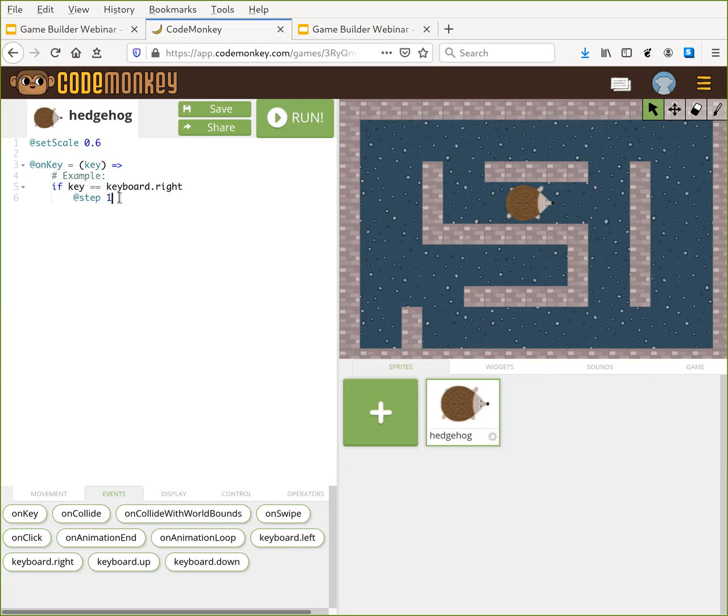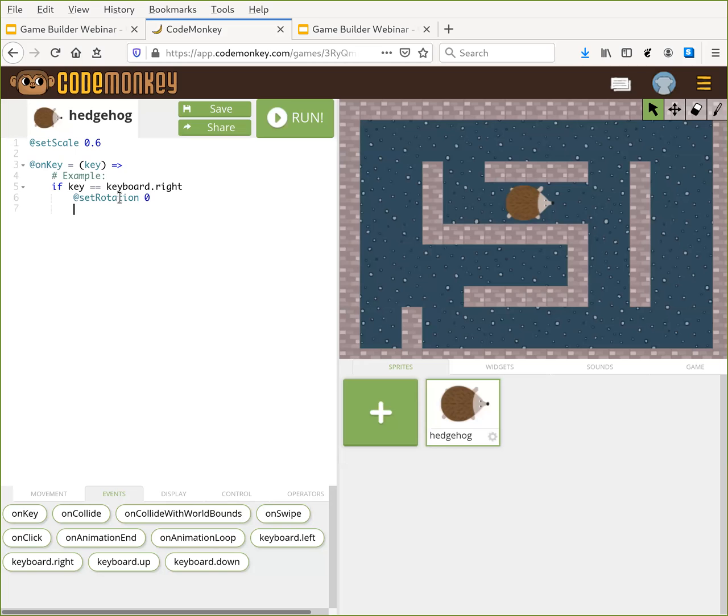So instead of saying step 1, I'm going to use a different function, set rotation 0. Rotation is measured in degrees, and in the convention in Game Builder, 0 degrees is to the right. So if the right arrow key is pressed, the hedgehog is going to face to the right. We haven't had him move yet.